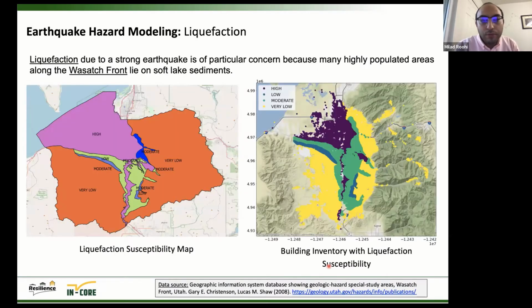Also, in terms of liquefaction, liquefaction due to strong earthquakes can occur and can cause significant damage to buildings and physical infrastructure. And in Salt Lake County, liquefaction is a main concern because most of the populated areas lie on Salt Lake sediments. As you can see on the left side, this is the liquefaction susceptibility map. This area consists of high susceptibility area, and we have different areas with low, very low,